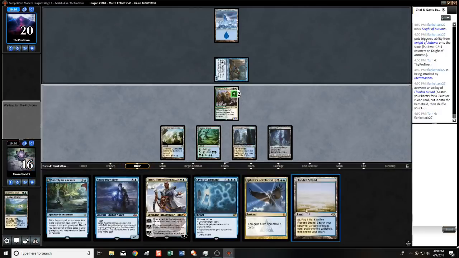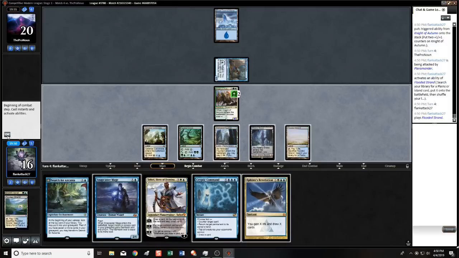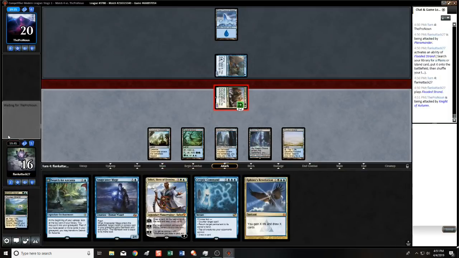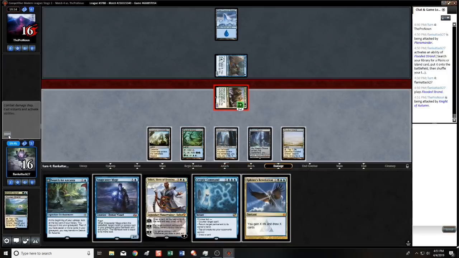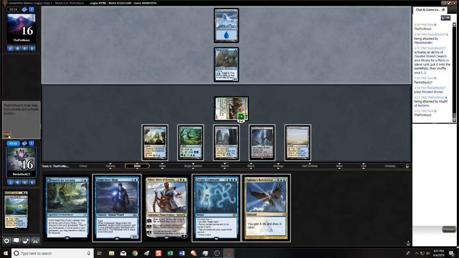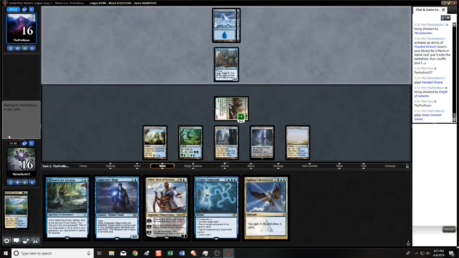Alright, there's the Flooded Strand. The opponent hasn't shown us a Spell Pierce. I think they would have just used it immediately, so I guess I want to just get down this Teferi. Nah, I don't know. Maybe we should have. I think at the end of the turn, if they don't draw a land... Okay, so they do draw a land. So we will just